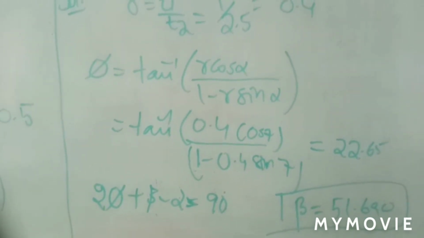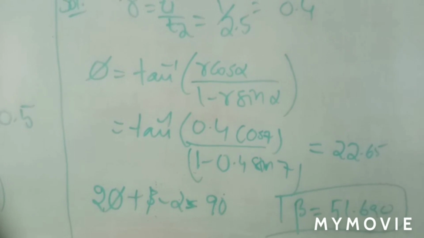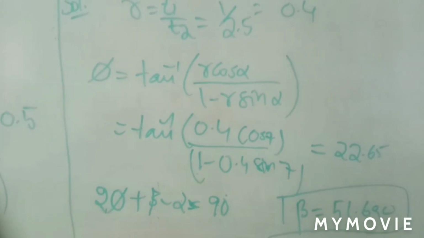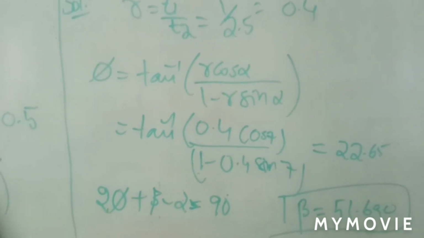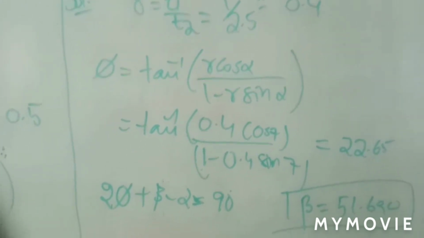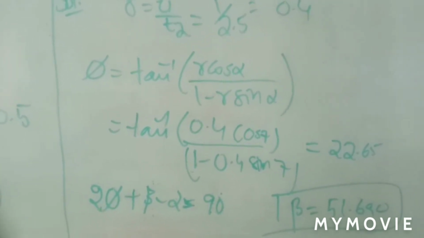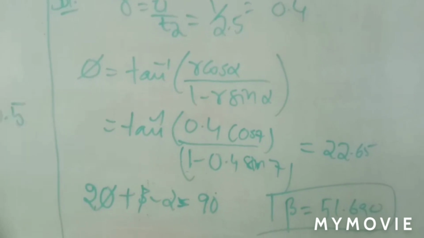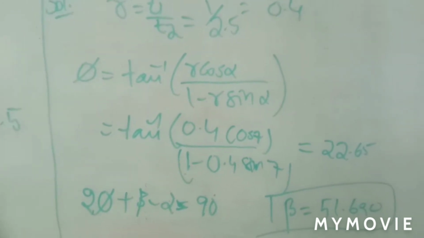So out of 3 unknowns, only one is the known parameter, remaining 2 are unknown parameters. If 2 unknown parameters are there, it is difficult to find out the problem. Phi is unknown and beta value is also unknown. Right. Now, if these things are appearing in your examination, now you try to identify in another way.